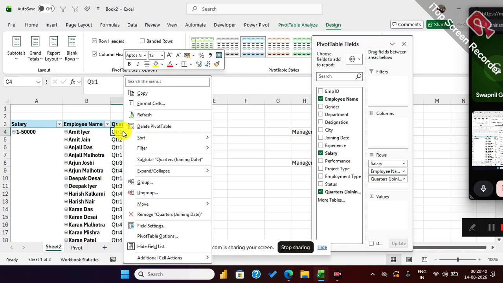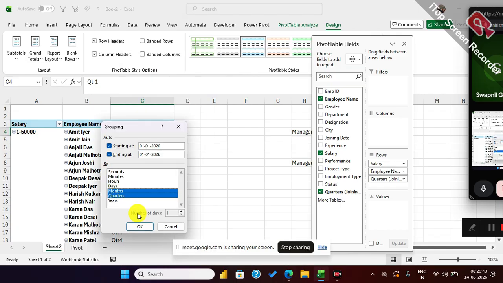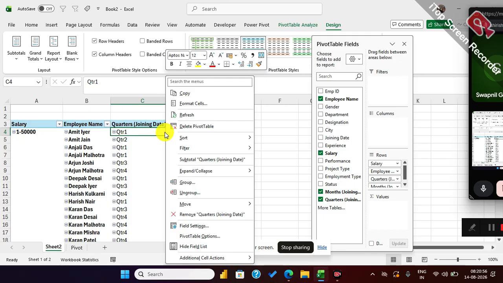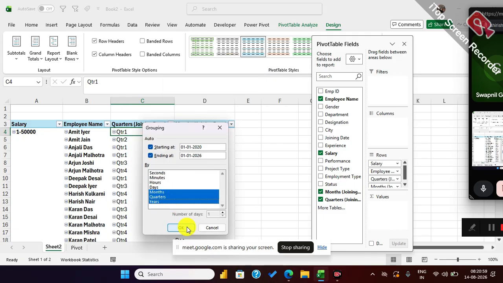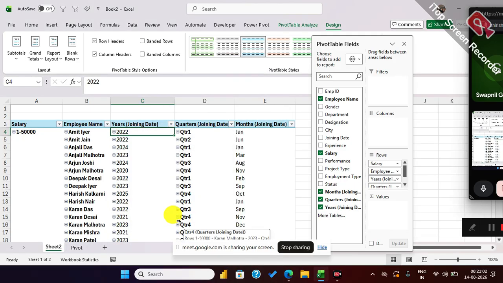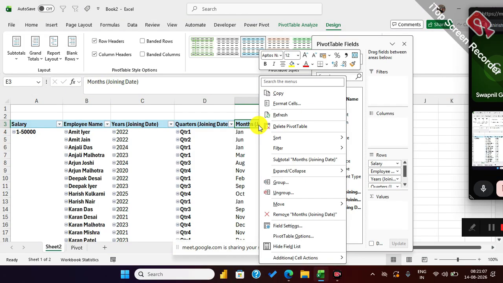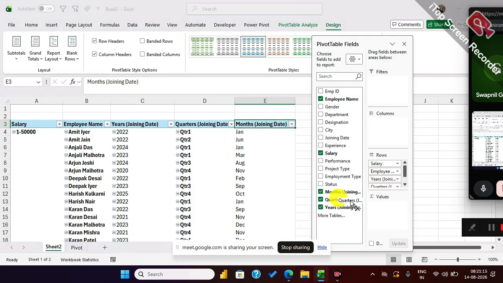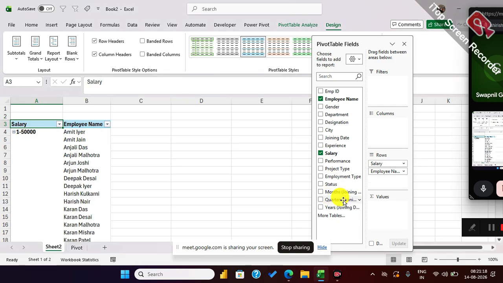कौन से मंथ में मिला है वो भी बाइफर्केशन चाहिए, तो just do the right click, group, month and then say OK। अब आप देख सकते हो कि Q1 में जनवरी मंथ में इसको सैलरी मिली, करेक्ट। अब सामने अगर ईयर का भी इंटरेस्ट है तो यहाँ से जाके आप ईयर वाइज भी ले लो, ओके कर दो, ठीक है। Yes. Let's remove this, not interested, तो ये भी निकाल दो और ये भी निकाल दो, ओके पे क्लिक कर दो, ये सब गए हमारे पास से। सिंपली यहाँ से क्वार्टर, ईयर, मंथ हो गए।